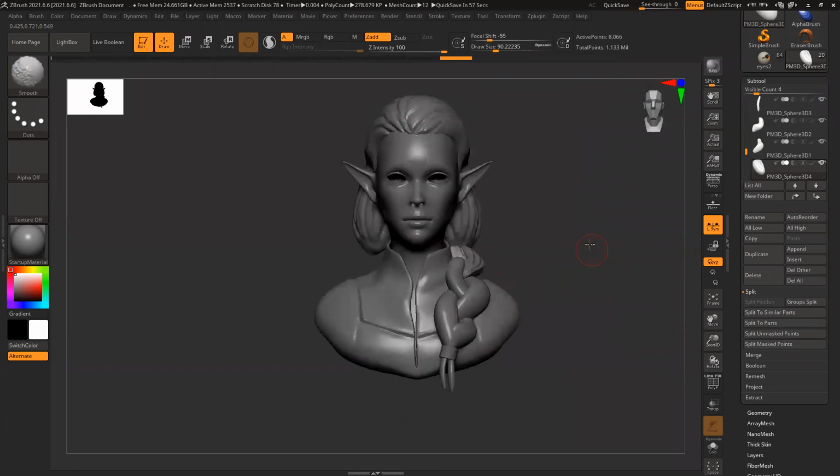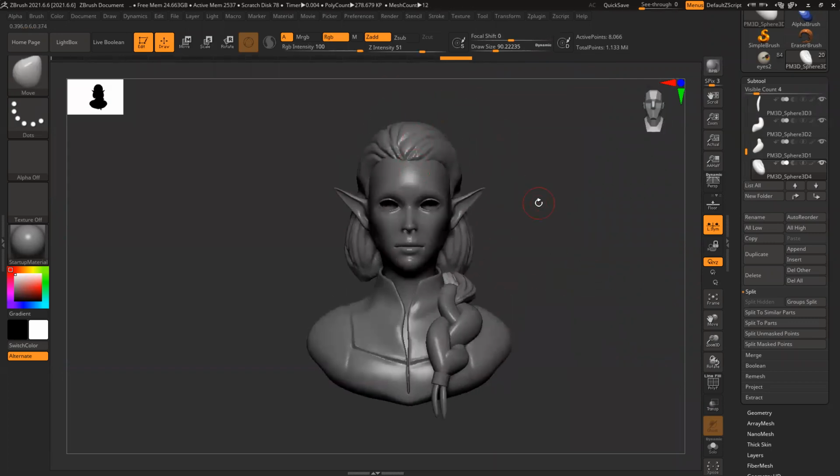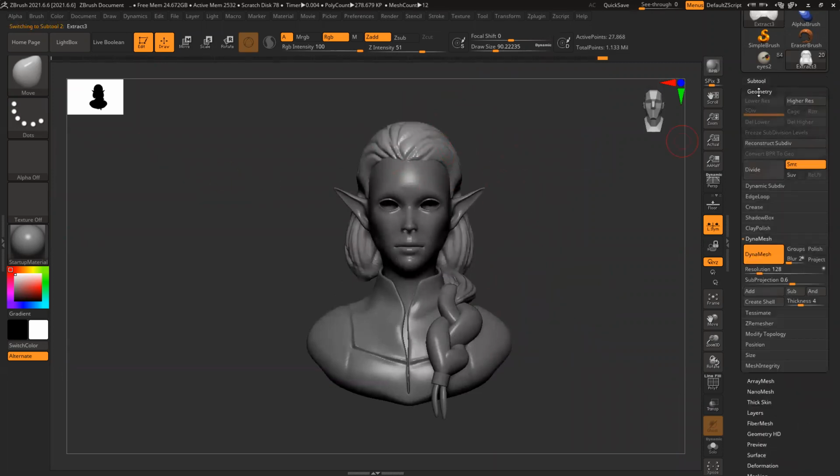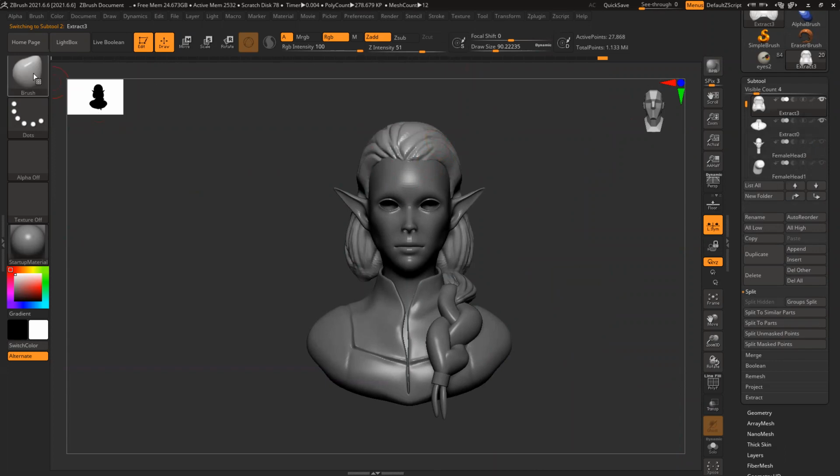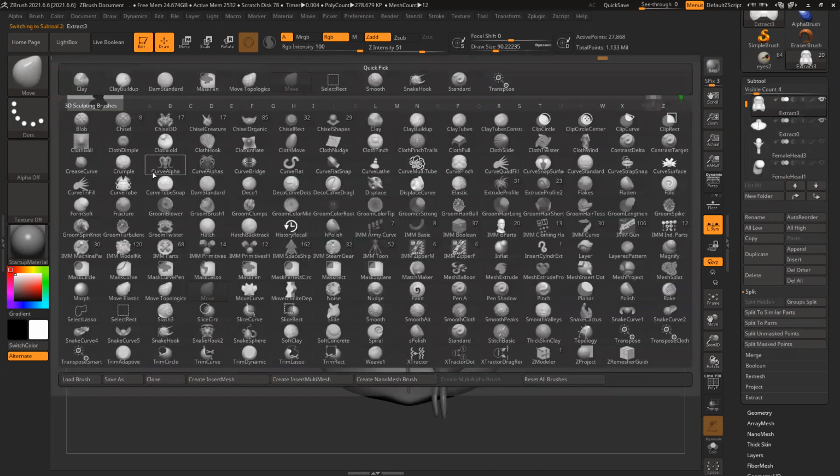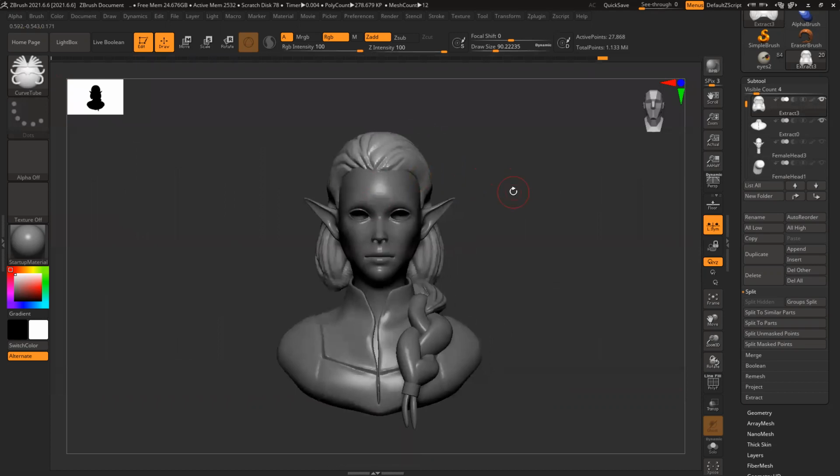And now after this, we have this loose strand. So how do I do it? So now this hair is already there. I have the base. Make sure there is no subdivision level. And now I can go and use my curved tube and all these things we already have. Curved tube or multi-tube, all this thing I can definitely work on this.